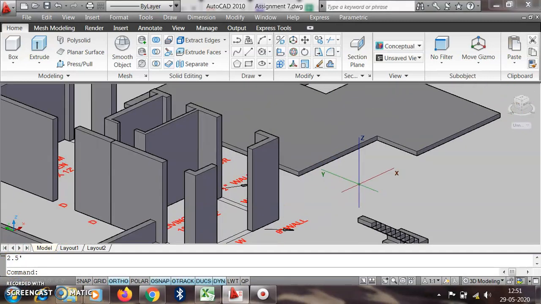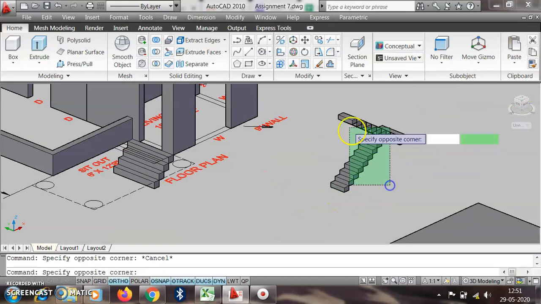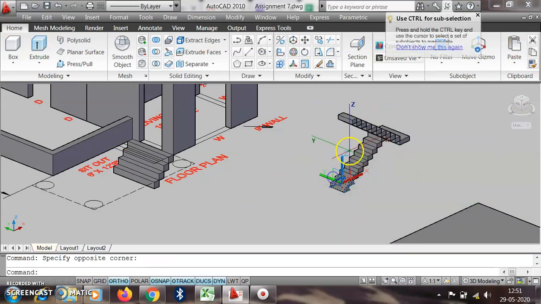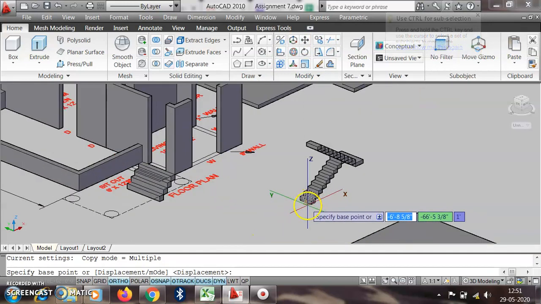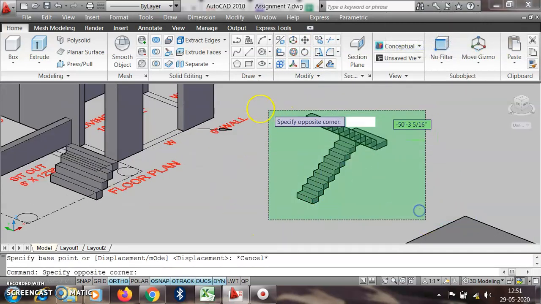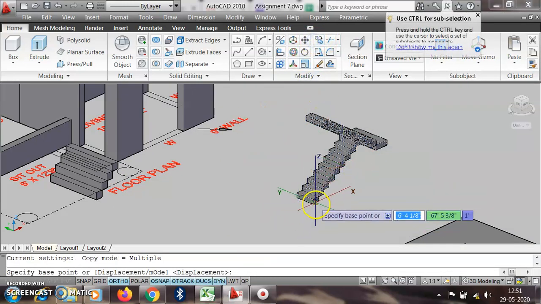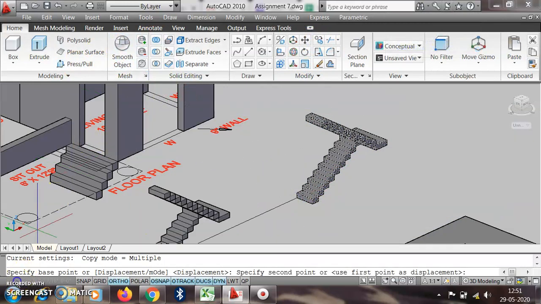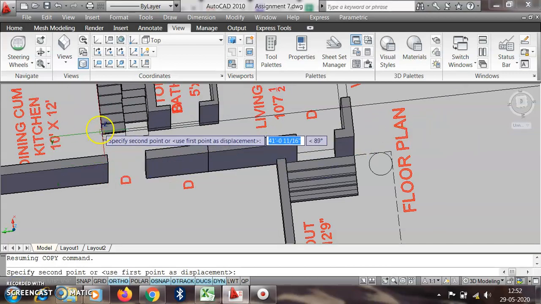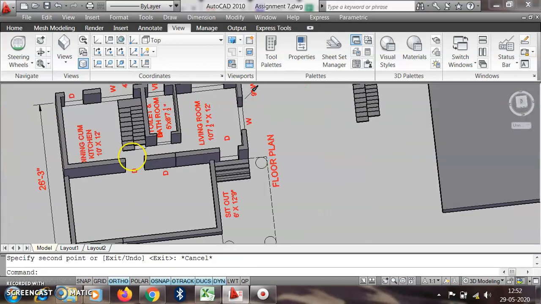So after press pulling all these commands, then copy the stairs and slab. First copy the stair from this point. So copy from this point, suppose this point, and place this staircase at the required point.